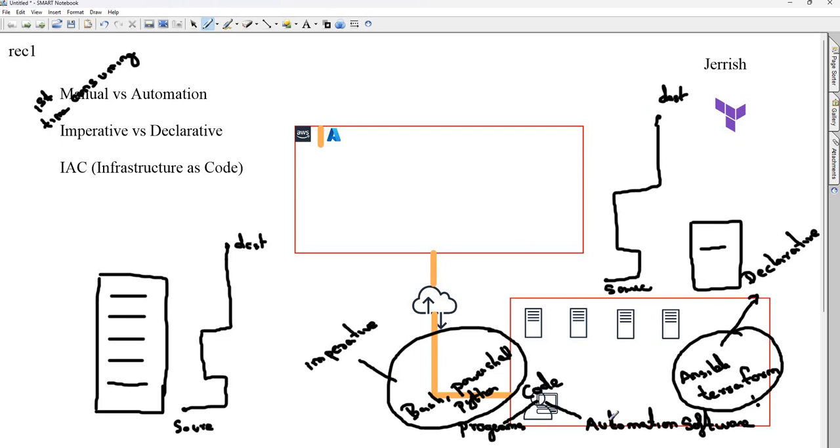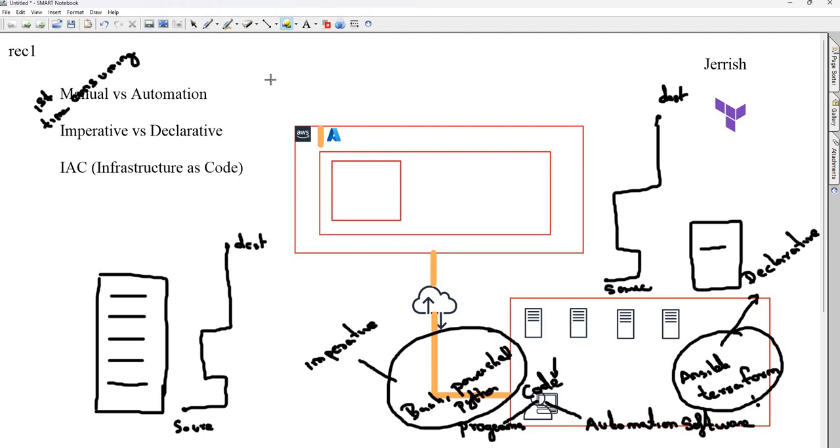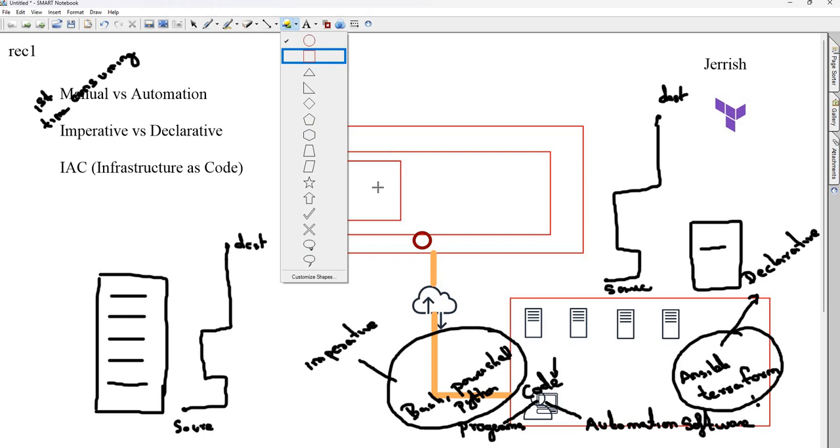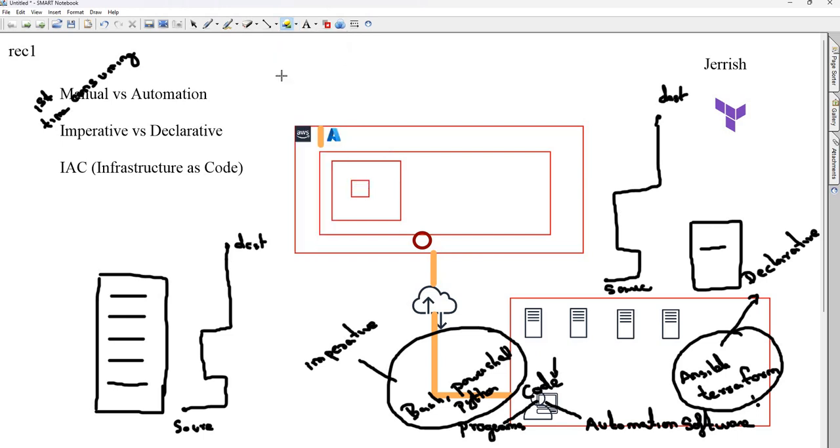And whether it is imperative or it is declarative, both deals with code. And sometimes in modern day, your entire infrastructure is created or managed with the help of code. For example, you are creating a network, you are creating subnets, you are creating network devices, you are creating virtual machines.